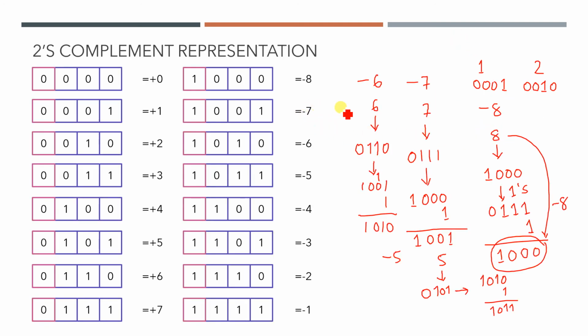That's why here you can see we get an extra representation, that is minus 8. So the range will be from minus 8 to plus 7. If this is 0, this value will be minus 8, and this value becomes plus 7. So one extra number I can represent, that is minus 8. But in the previous case, you saw that the range was minus 7 to plus 7, so there was no representation for minus 8. But in 2's complement representation, as negative 0 has no representation, we get an extra representation for minus 8.